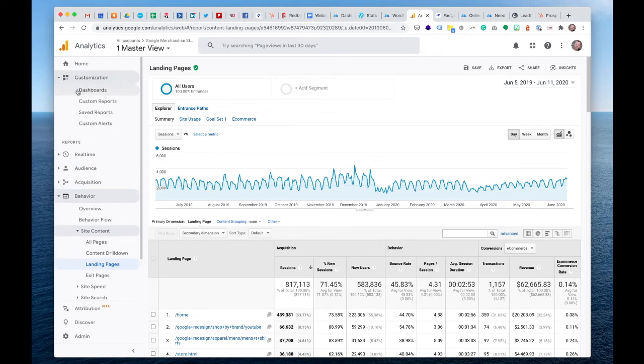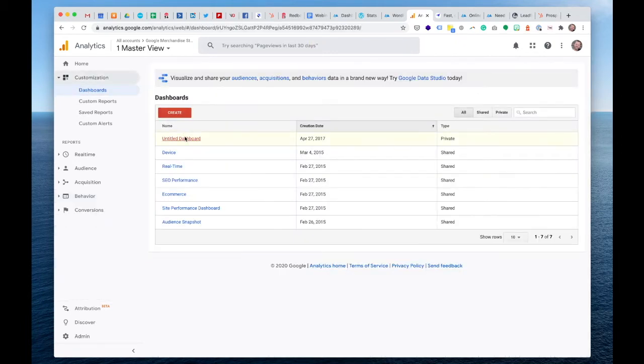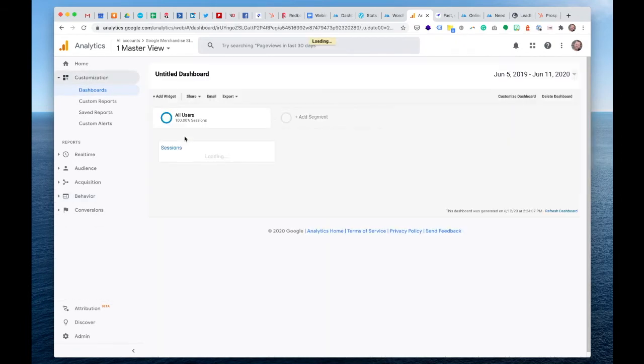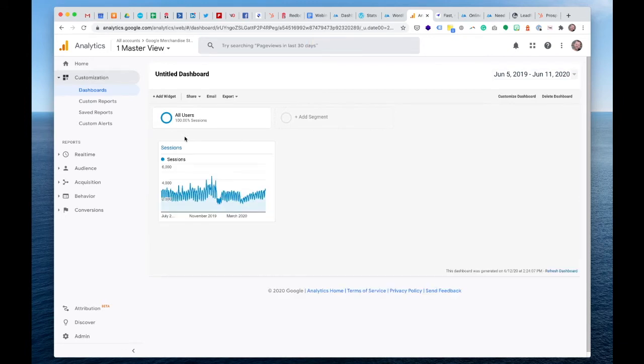We can't drill into it too much, but there is a way of creating what we call custom dashboards, where, going back to that point I made earlier, you decide the simple questions you want answers to. Then what you can do is add widgets.